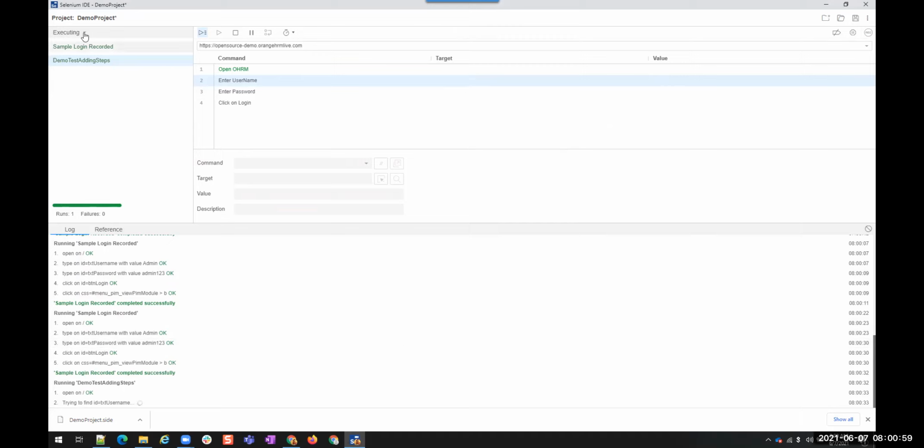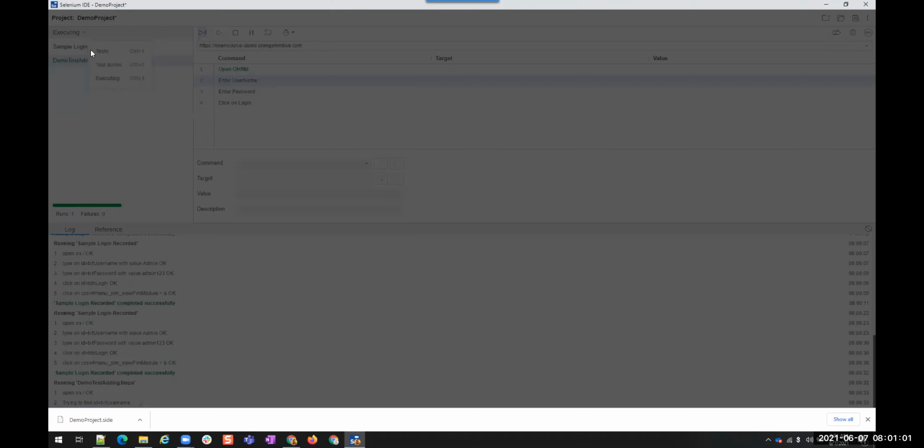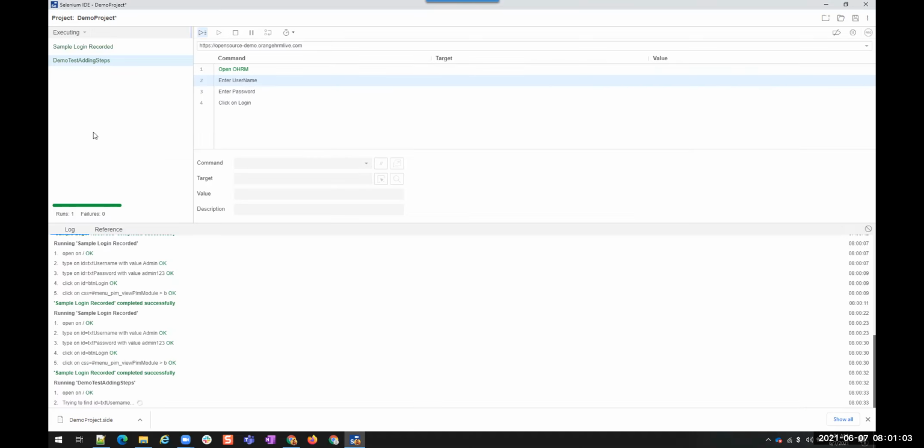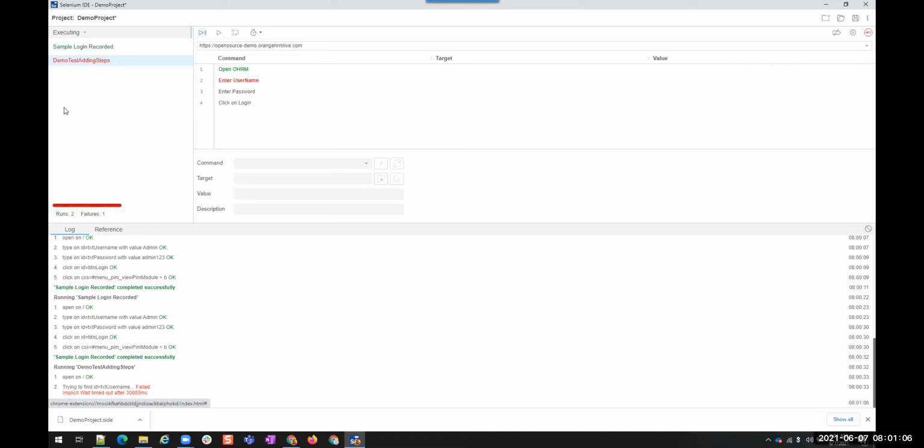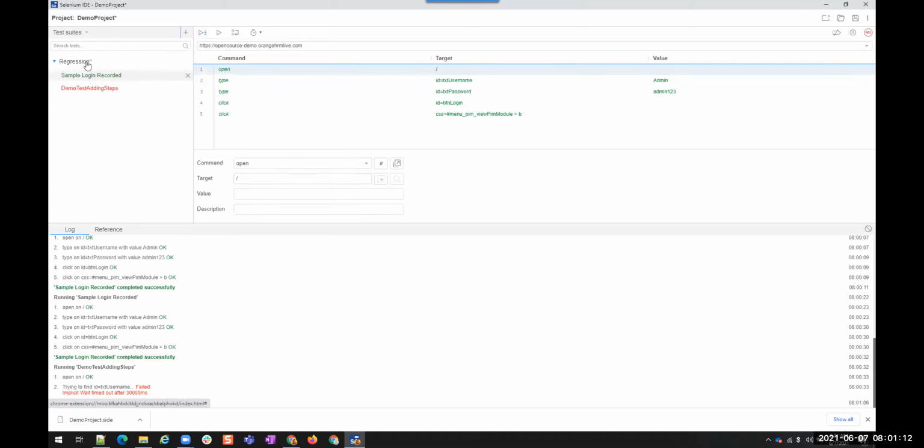But you understood this suite, right? In test case, you can run only individual tests. In test suites, you can create multiple test cases under a suite, and then when you say run all tests, whatever test cases are present inside this suite will be executed one after the other. All right.